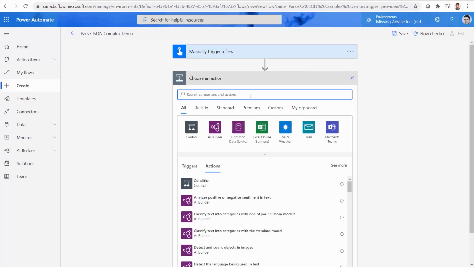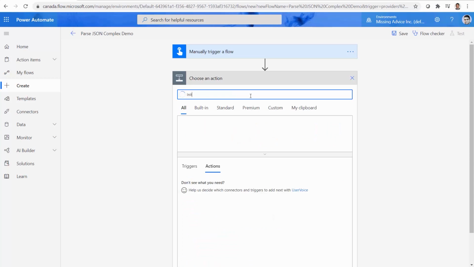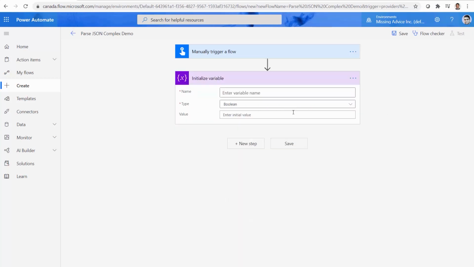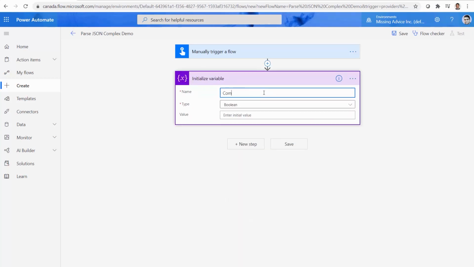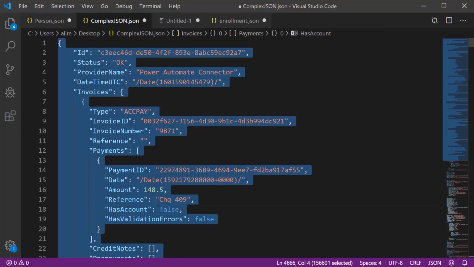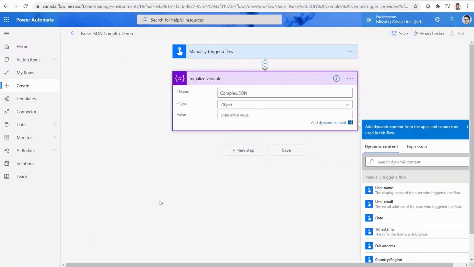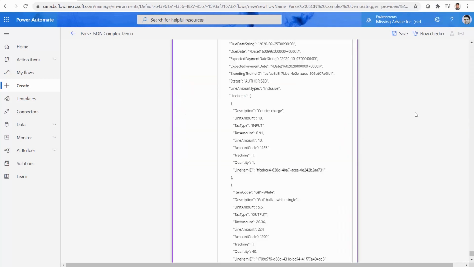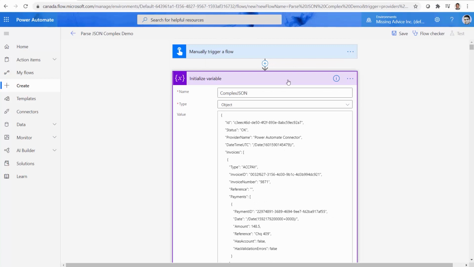I create a variable, initialize variable, and I call it complex JSON. And the type is going to be an object. For the value, I get the entire thing, Control A, Control C, and I paste it here. It's going to take a while. So I scroll up to the top of the page, close,